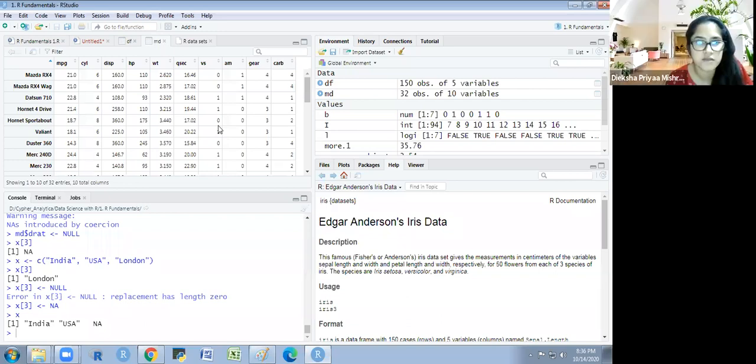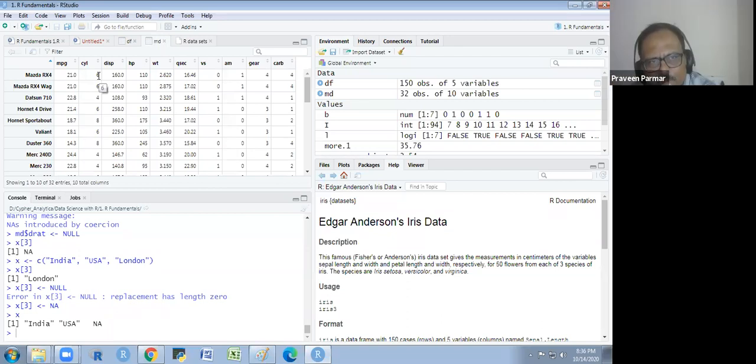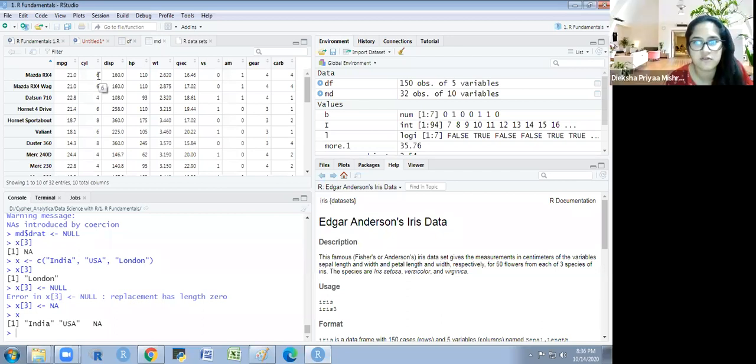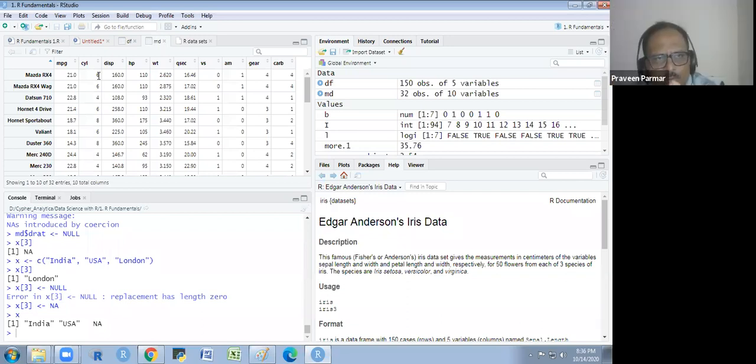Sir, I can see only 9 columns. 9. So is drought there or not? No, it's not. Then how could you remove that? You have already removed it. Sir, but I didn't remove any.